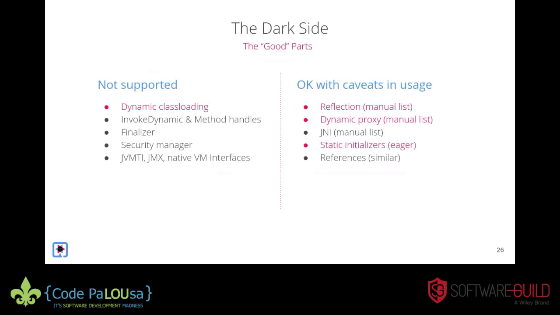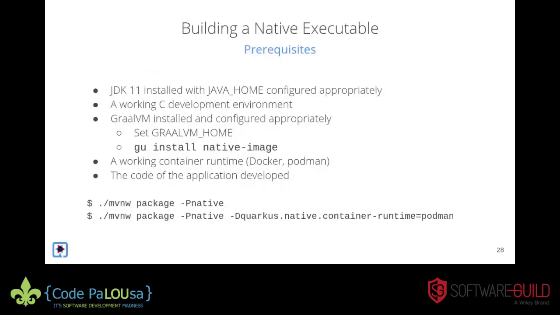By default, the native executable obviously is tailored towards your operating system. Because the container may not use the same executable format as the one that's produced by your operating system, you have to instruct Maven to build or produce an executable from inside a container. So you need some sort of working container runtime environment, which could be Docker, or Podman if you're familiar with that. You do have JDK. Obviously, you have to have the JDK installed.